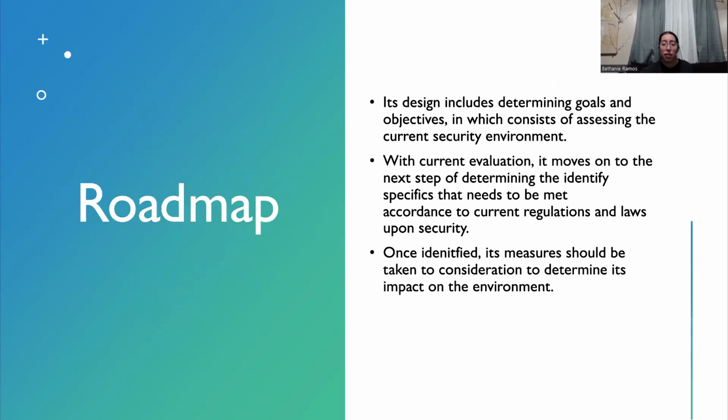benefit the company. The roadmap does consist of determining goals and objectives, which consist of assessing the current security environment. And with that current evaluation, it does move on to identifying the specific needs that the company wants to meet upon regulations and laws. Once identified, measures should be taken into consideration and then consider its impact that it could make upon the